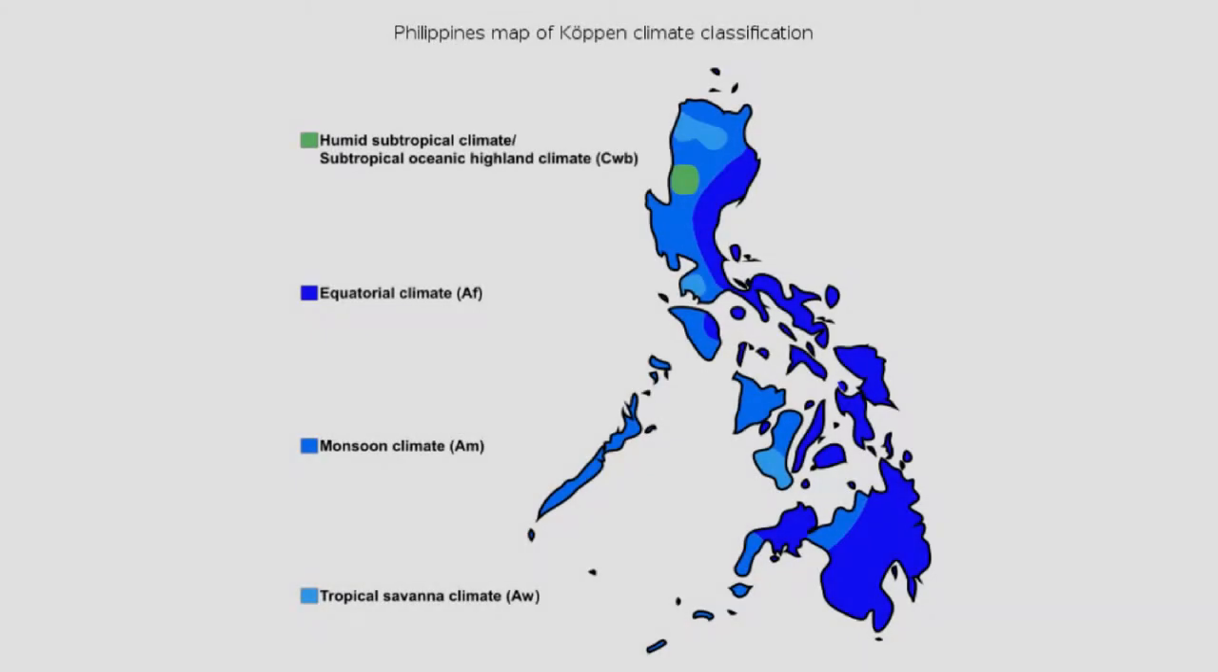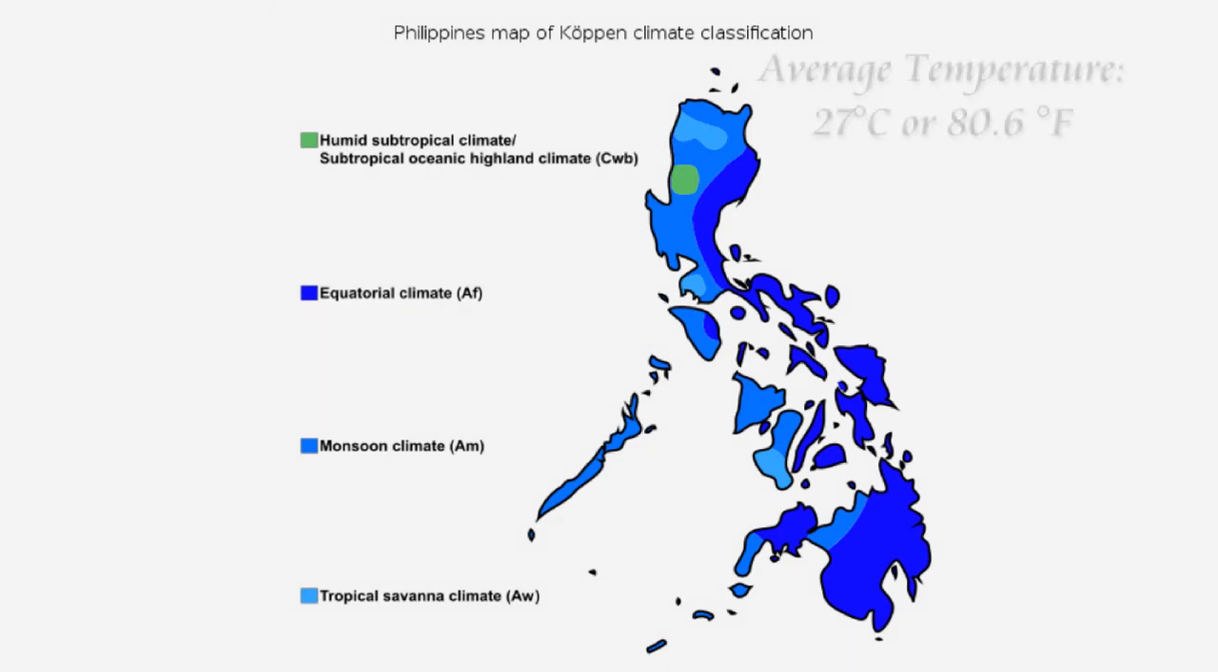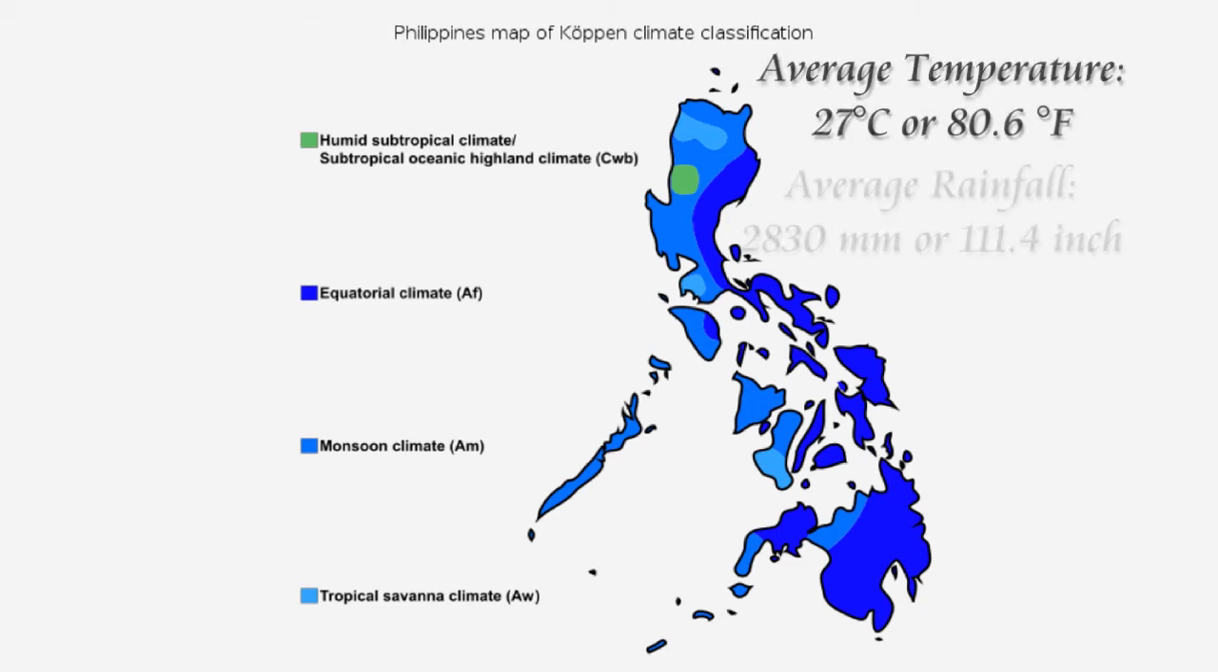And now for the last category, which is climate. According to Köppen and Geiger, the climate in Baybay City is classified as Af, wherein the temperature here averages at 27 degrees Celsius or 80.6 degrees Fahrenheit. And the rainfall here is around 2,830 millimeters or